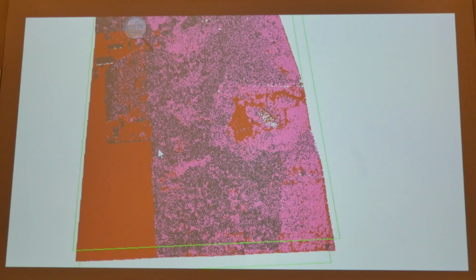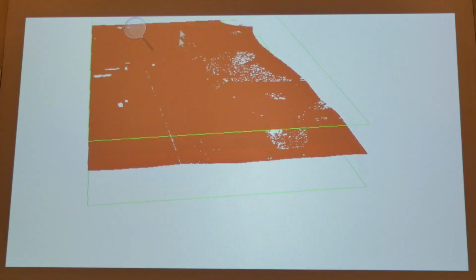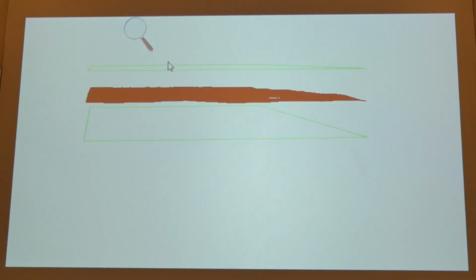So if I now press G, like ground, yes, I have the ground. And if I inspect it,